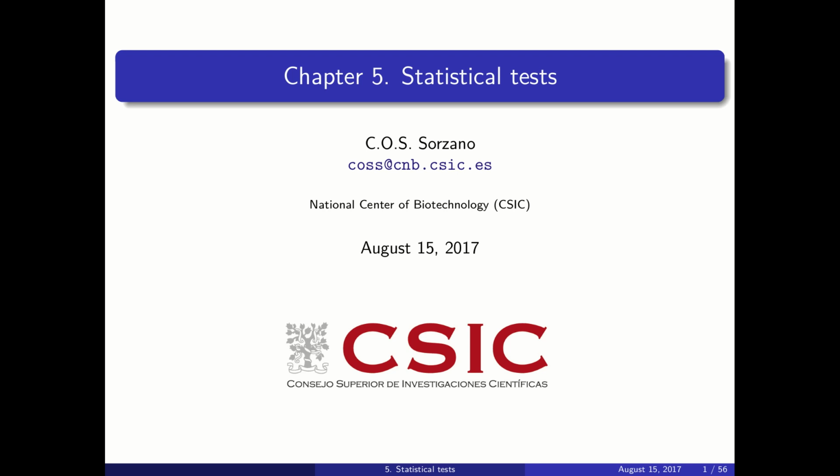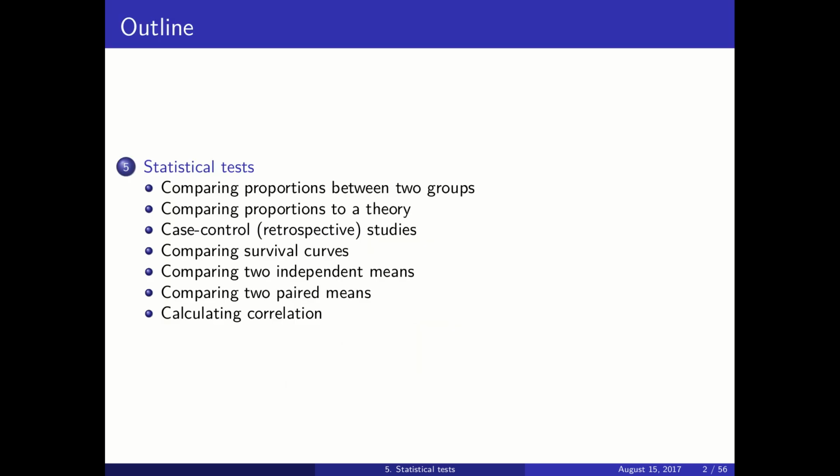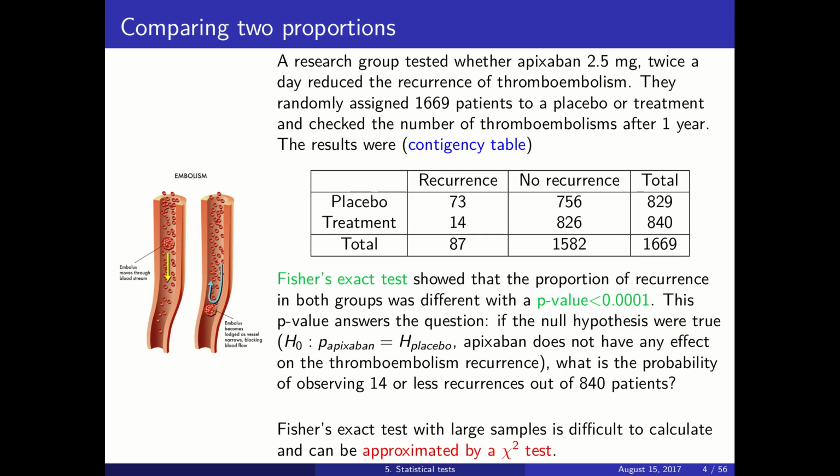We start a new lecture on statistical tests, and we will see different kinds of tests for different features of the data. We will start today with the comparison of proportions between two groups. So let's say that we have two groups. One will receive a drug, the other one will receive a placebo, and we want to measure